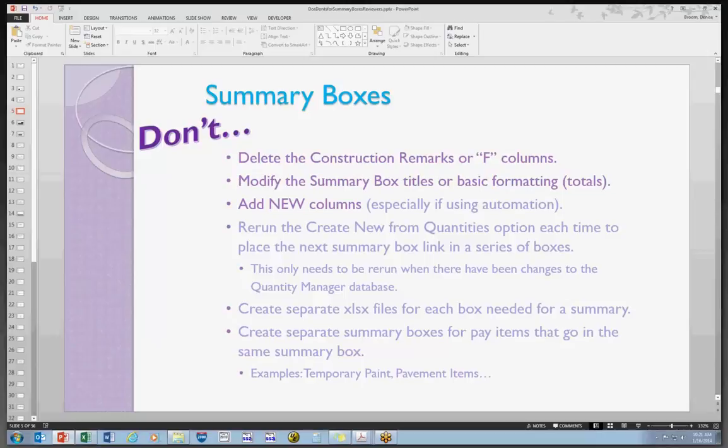We don't want to see modifications to the summary box titles or the basic formatting. I have seen, and we'll show you some examples of this, where the total is located in the first summary box, and I've seen examples where they've moved it to the last summary box. It makes it easier when everyone, whether it's the reviewers, the bidders, or the guys in construction, is looking for these totals in the same place every time,